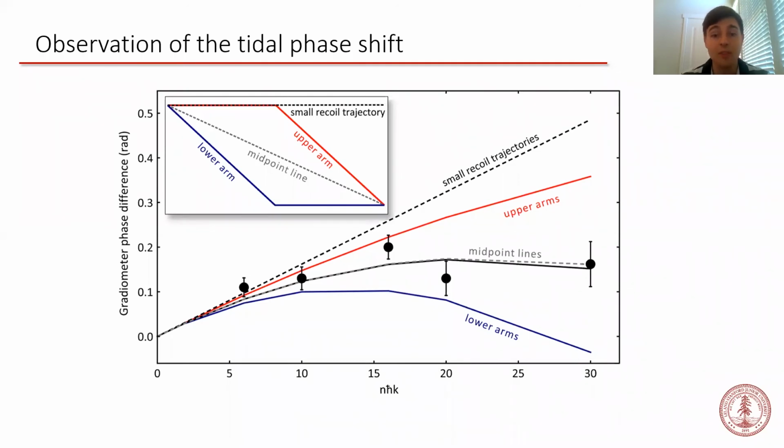So we can see that these two curves, the red and the blue curve, don't agree with each other, and they also don't agree with the data. So in other words, the two arms of the interferometer near the bricks experience resolvably different accelerations. And the phase of this interferometer cannot be derived by analyzing it as a local experiment in which the atoms fall along a single populated geodesic. This interferometer is a non-local probe of the spacetime manifold, and to our knowledge, this experiment represents the first observation of a single quantum system in a curved spacetime.